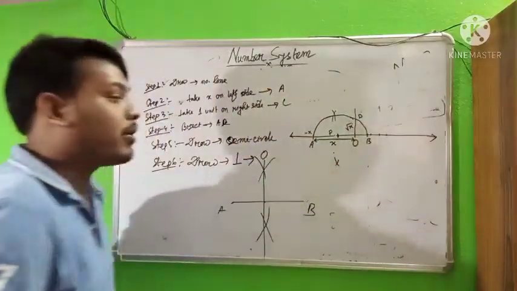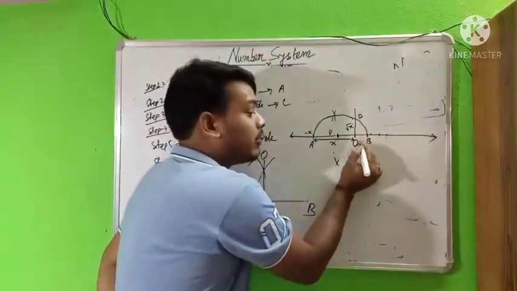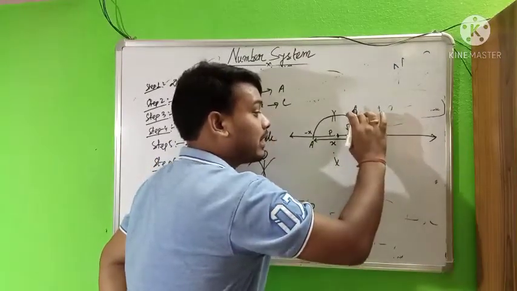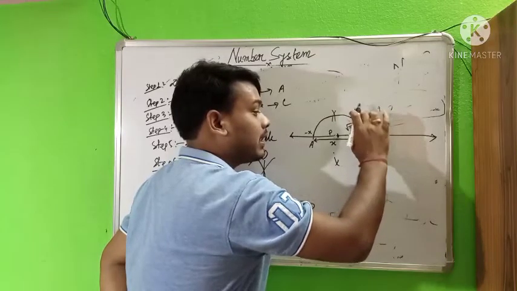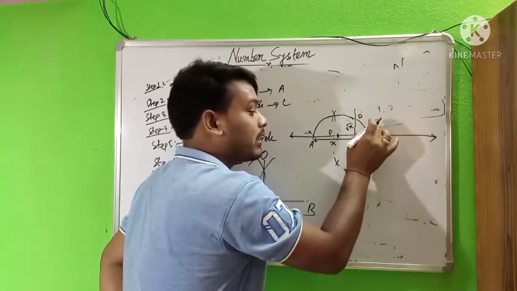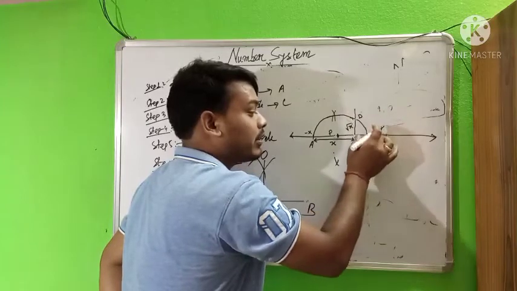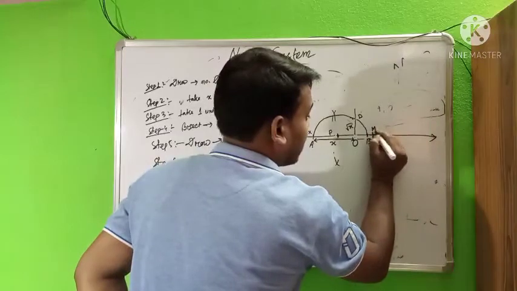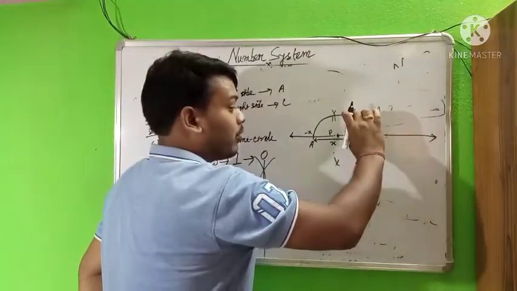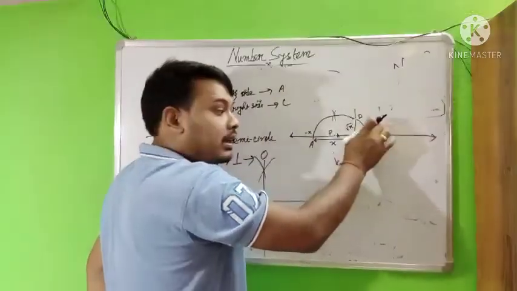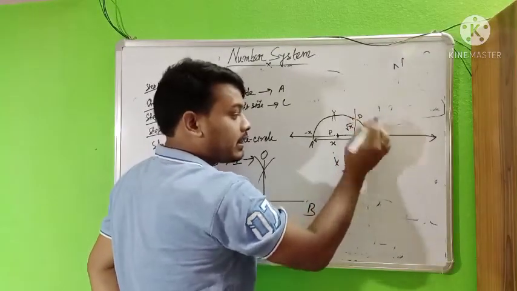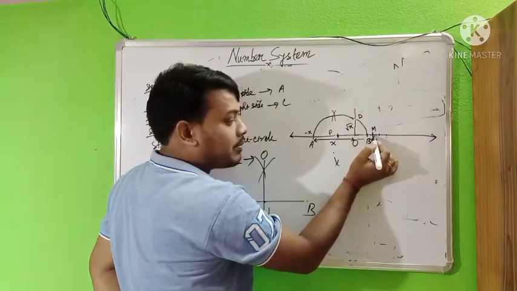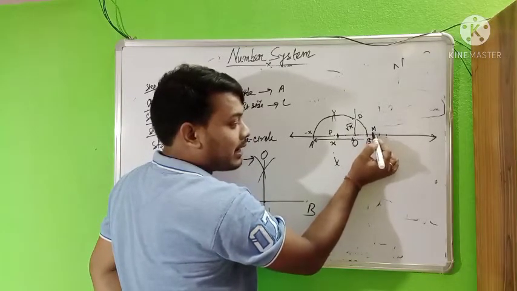OD is the value of root x. So it is 0. From 0 we need to put the value root x. Since we get the value root x, put the compass here, and this value draw in number line. So with the same length we will cut from the number line. If the position is M, taking the length OD and cutting on the number line, it will cut the number line at point M.